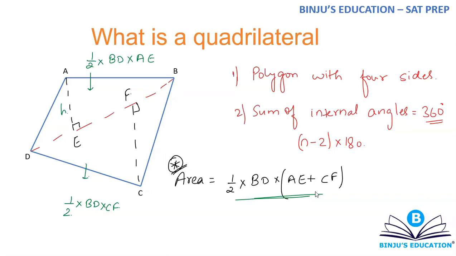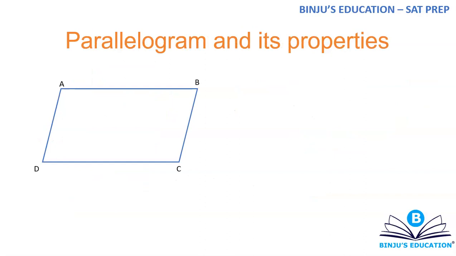Okay, so these are the general things which you need to know about quadrilaterals. Any other property is for a specific type of quadrilateral. So for a general quadrilateral, you don't have any other property apart from that it has internal angles equal to 360 degrees. Apart from that, there is nothing to generalize in this. Alright, let's move on. Now the first type of quadrilateral that you need to understand is a parallelogram. And from here properties become important and you need to know a couple of things in order to solve a question.